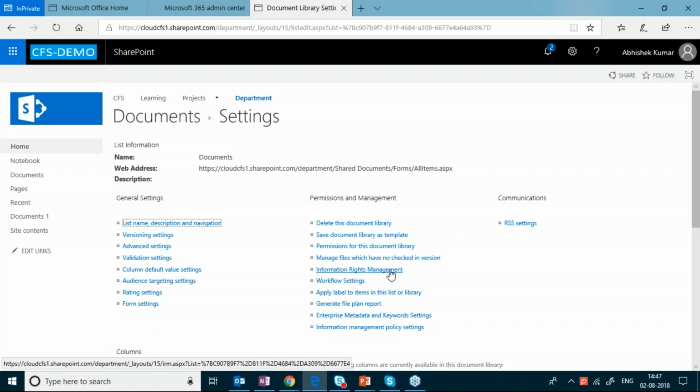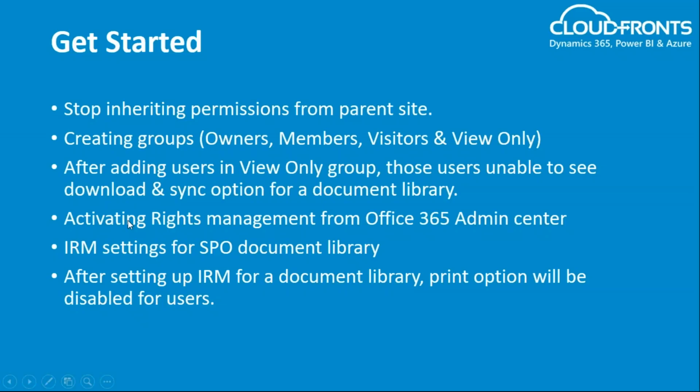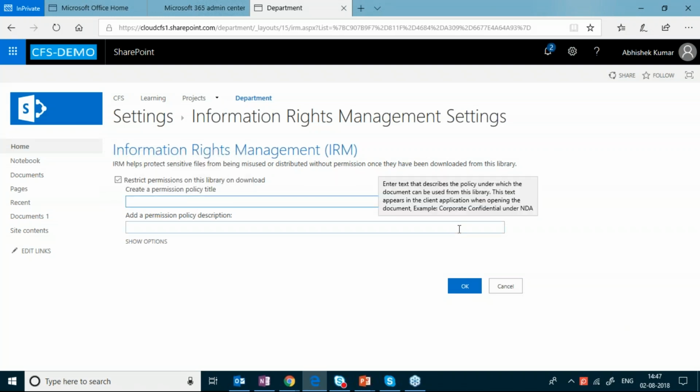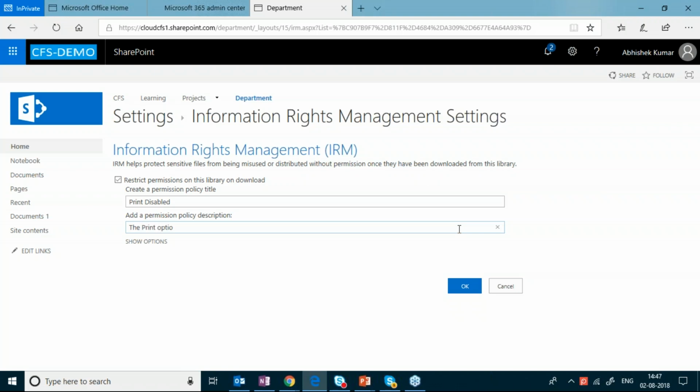So now, IRM settings for the SPO document library. We go to information rights management. You need to click on this one, and you need to give a specific name to this permission policy. I'll just provide a random name as print disabled. Then add a permission policy description. You need to describe it over here, but I'm just entering: the print option is disabled for this